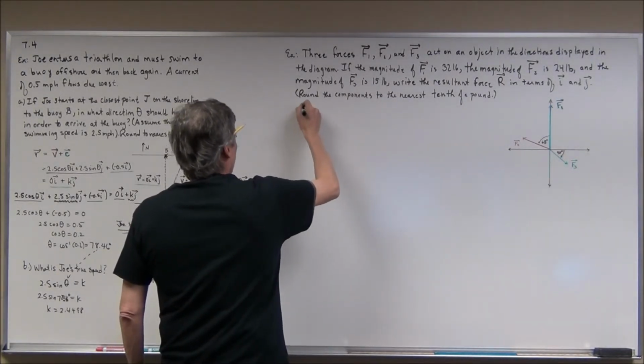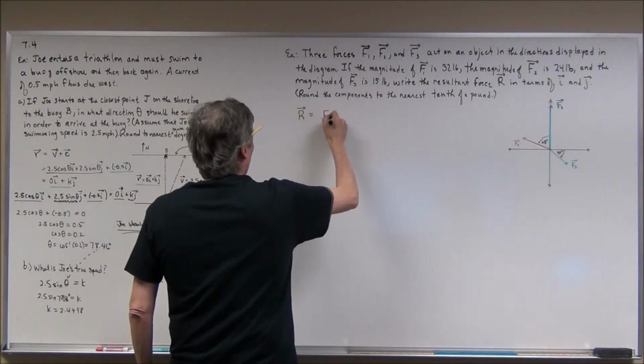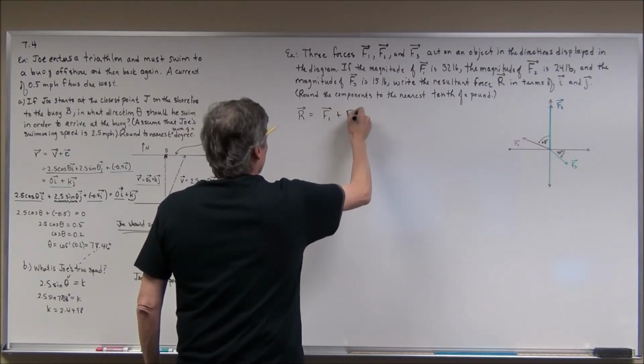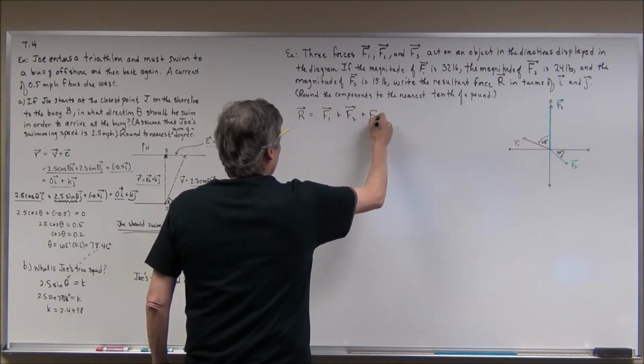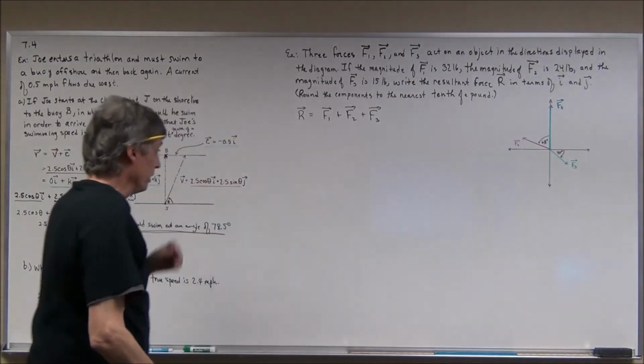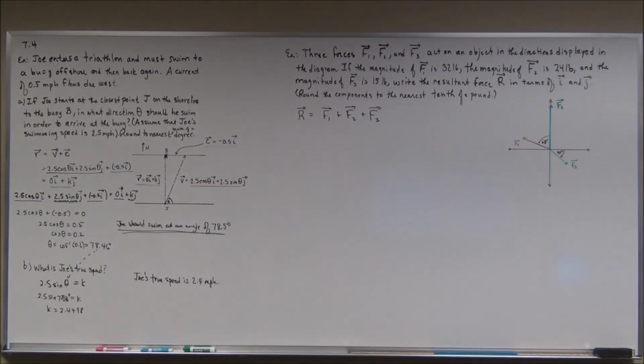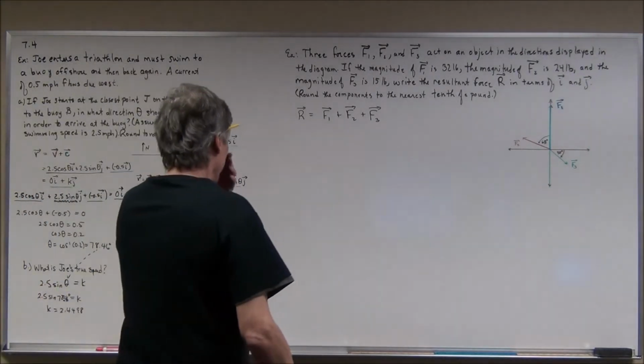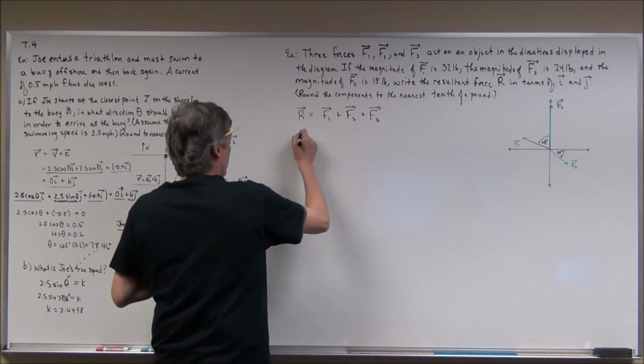Now vector R is going to equal vector F sub 1 plus vector F sub 2 plus vector F sub 3. This would be a real pain to do geometrically, but I think we can get away with it a little bit more by doing it in terms of components, and we're going to try to get our final answer in terms of i and j. So F sub 1